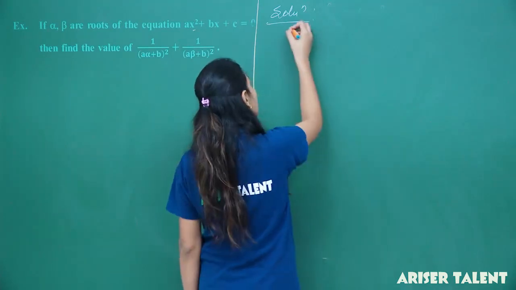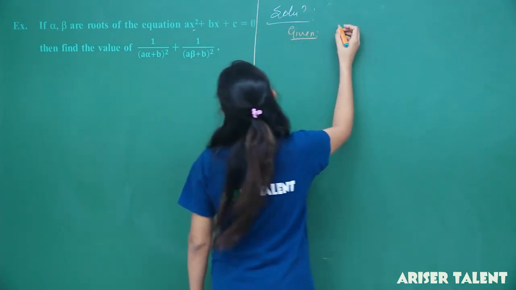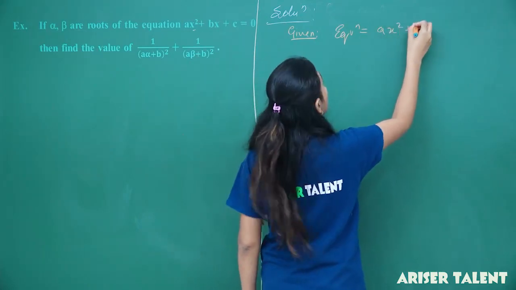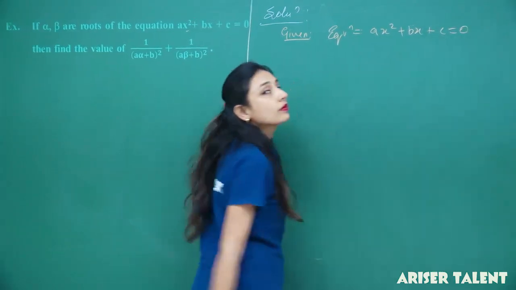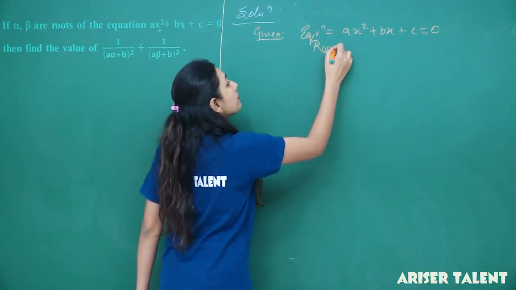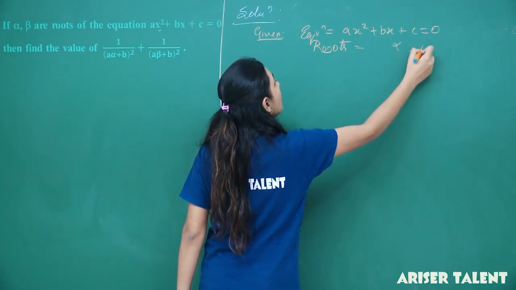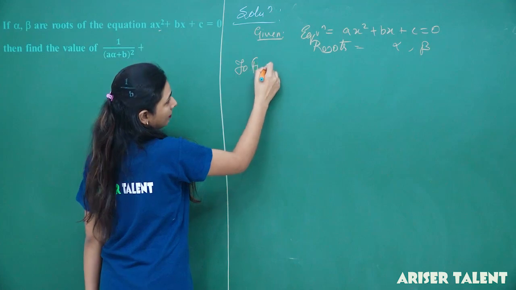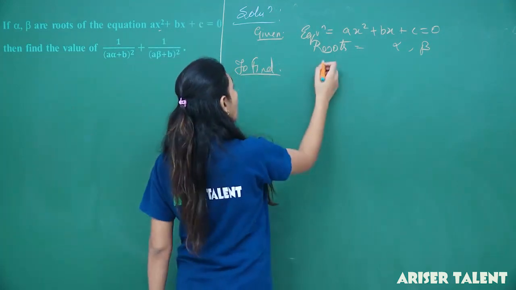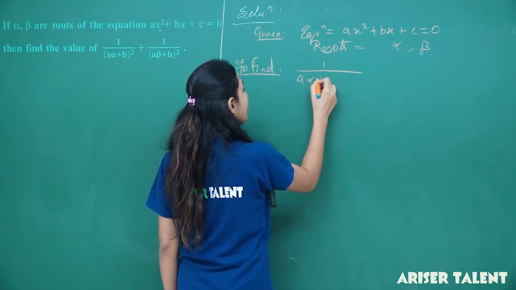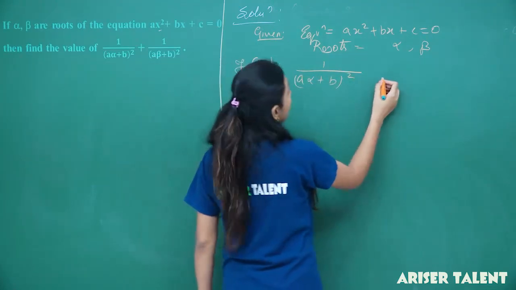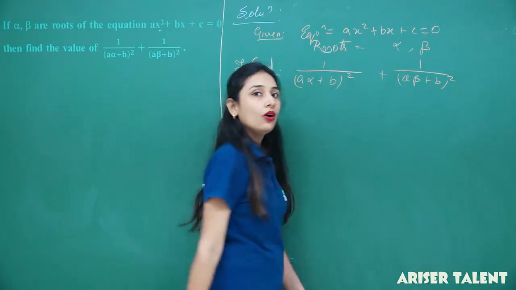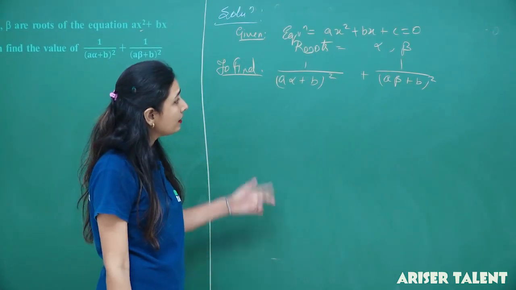So students, we are having some given information here. The equation is ax square plus bx plus c equals 0, roots equal to alpha and beta. Now to find is the value of 1 by (a alpha plus b) whole square, right? Plus 1 by (a beta plus b) whole square. Okay, then